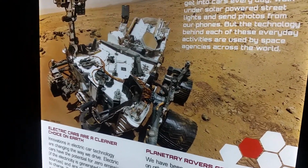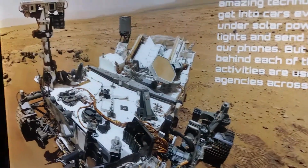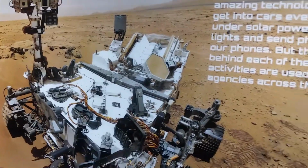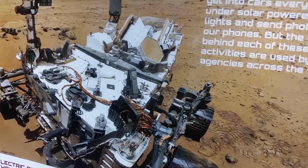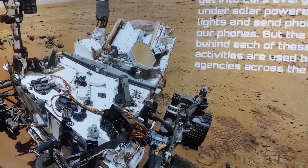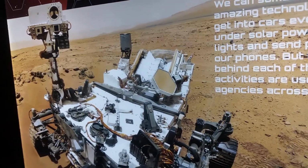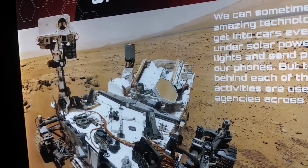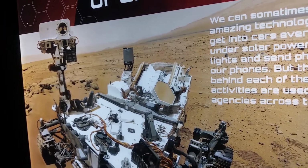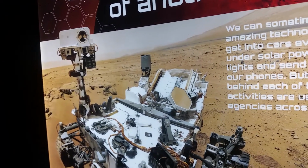the reason you know this is true, see the solar collectors on here. Mars has dust storms according to NASA. It doesn't have rain though, because there's not enough atmosphere to support rain, according to NASA again. And you know this if you own solar panels on your house. If you live in the desert, or even if you live in the city, the dust accumulates on them, and you got to clean them off, unless you have a lot of rain in the area. Well, Mars has no rain, according to NASA. So therefore, the panels would be occluded